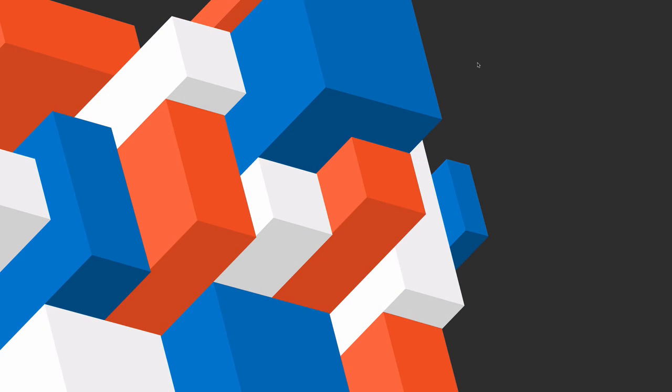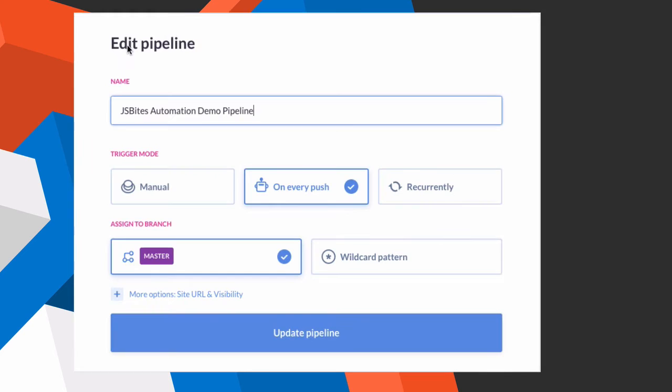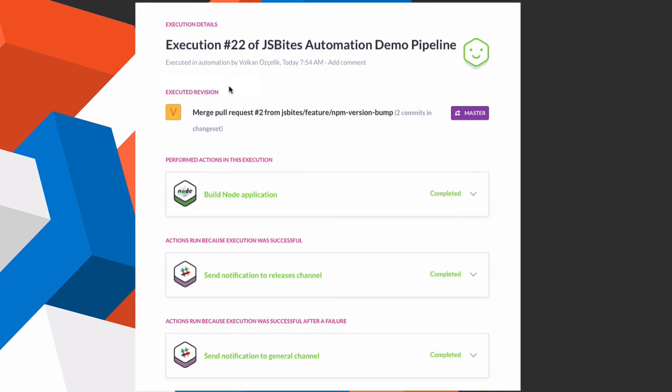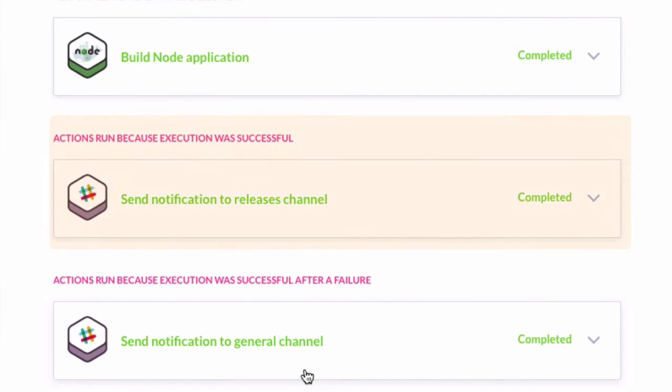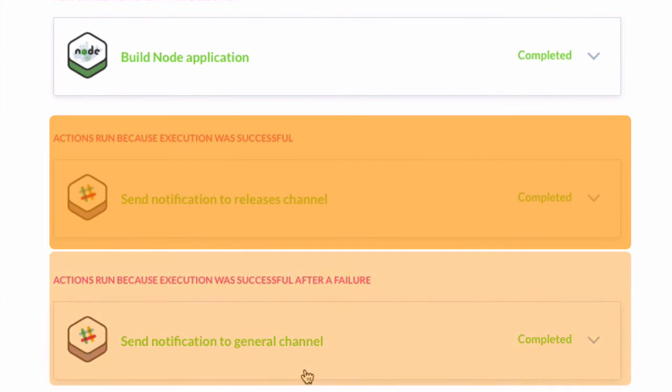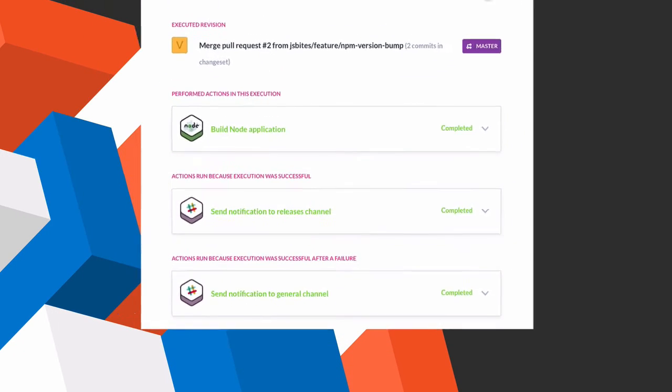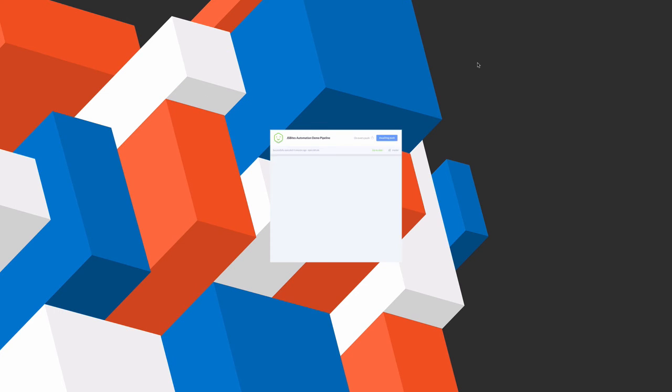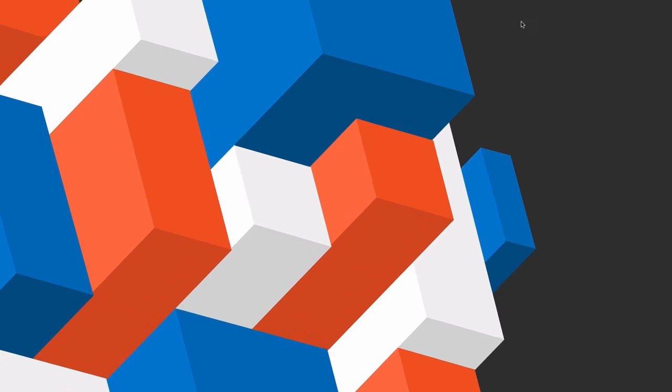So let's wrap up what we have seen so far. In this episode, we have learned how to configure a CI/CD pipeline to automate an npm publish action, and then send a Slack message about the success or the failure of this pipeline execution. This was just laying out the foundation, so to speak. Based on this foundation, in the upcoming episodes, we'll be adding more things to our CI/CD pipeline, such as tests and